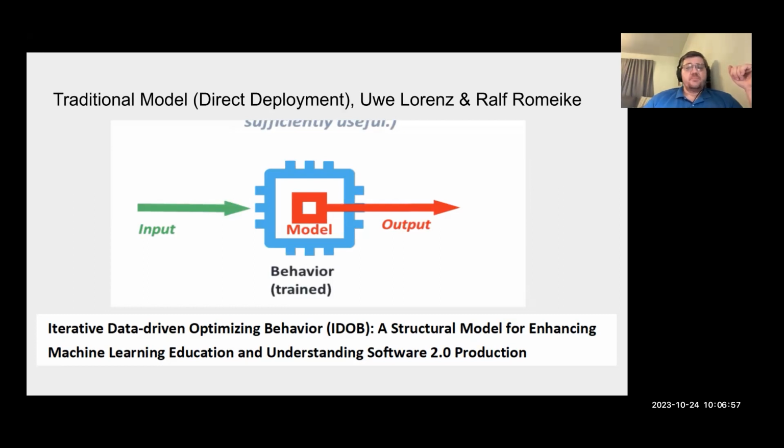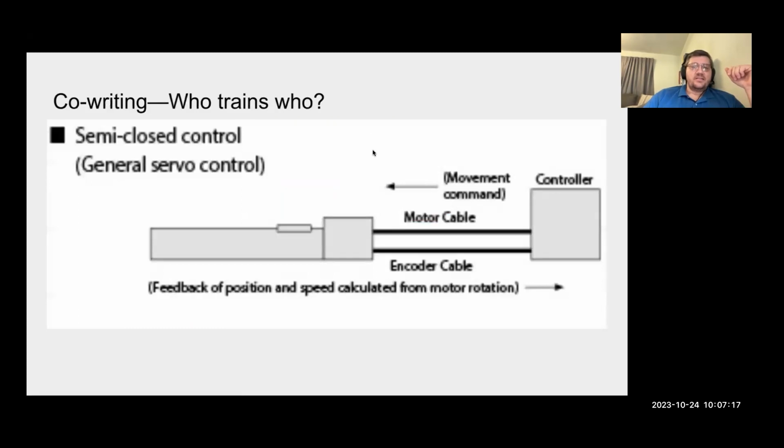Students come in again with this model you see in front of you, which is the traditional model, which looks a lot like that servo I just showed you. It's really a one-way direction here, and you're not getting those iterative feedbacks that define machine learning, but also define design-based research and design-based learning. And so I started thinking more. There are, of course, many different kinds of feedback controls. This is a semi-closed one, which gives you an encoder cable going back, which gives a little bit of direction back to the controller.